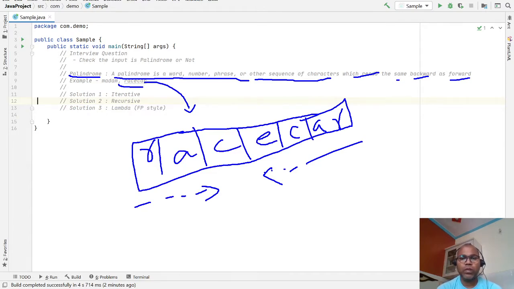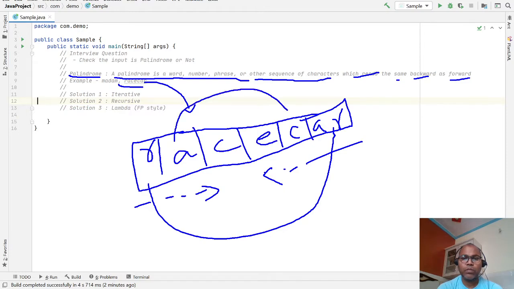So the logic is to check whether the first position matches the last position, then the second matches the second from last, then the third, and so on.